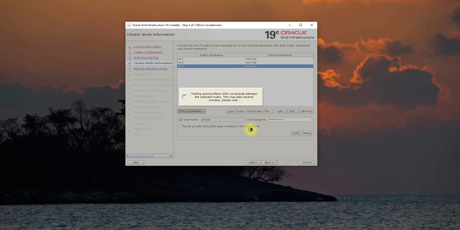We will move forward pretty soon. Okay, it has validated public and private interfaces and everything.